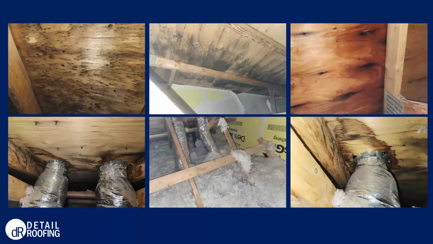So this year in particular, when we had all this heavy snowfall and ice accumulation, we investigated a total of 13 active leaks that were happening at this corporation. And as we were investigating them and accessing the attics, we were seeing all the same things that we came across last year in regards to the improperly connected exhaust ducting. At this point, the level of black staining that we were seeing was more severe in a lot of cases, as we can see here. And in a lot of cases, the water staining and saturation on the underside of the wood deck was pretty severe in a lot of these units as well.